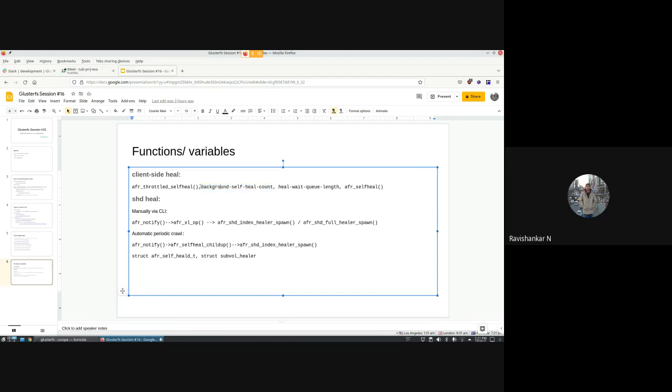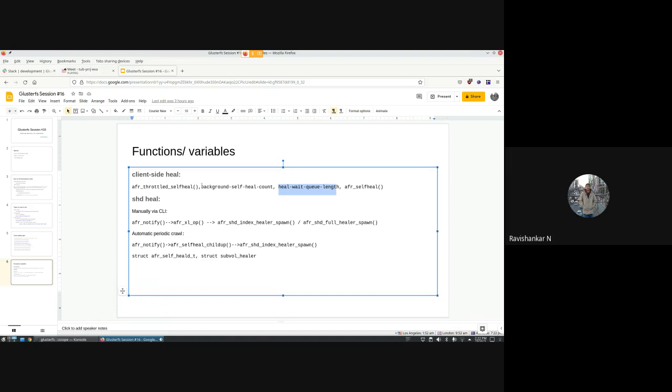I think the default value for background self heal count is 8, which means 8 self heals can go on in parallel. If the 9th self heal also comes in, for example, you try to access 10 or 11 files from the client which need heal, then the rest of the pending heals would be put into a heal wait queue. We have a separate queue for it, and they will be queued in there.